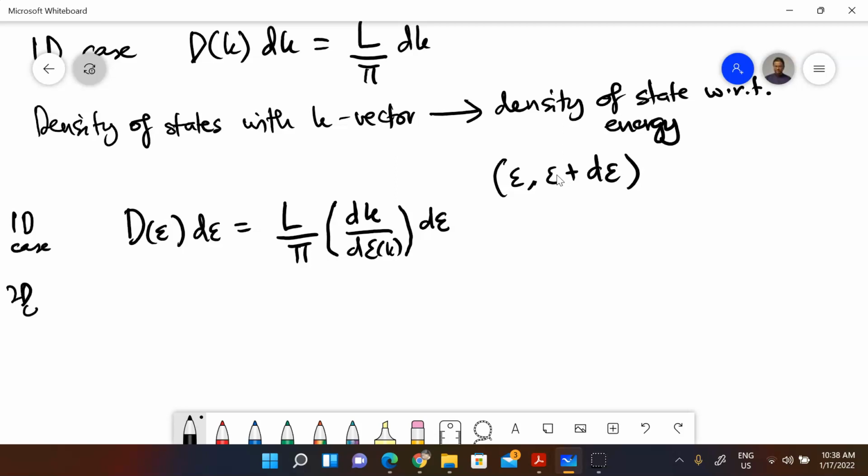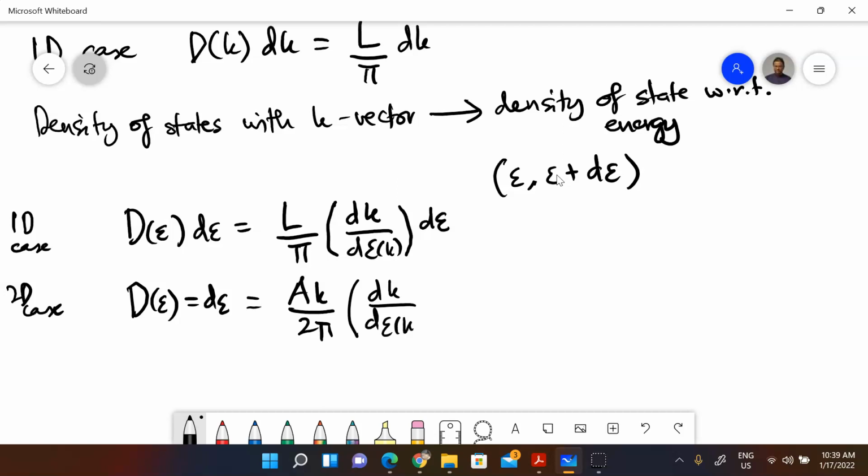For the 2D case, same thing, but the factor over here will be different. This will be k divided by 2 pi, dk over d epsilon k, and again it's the chain rule. And finally for the 3D case,